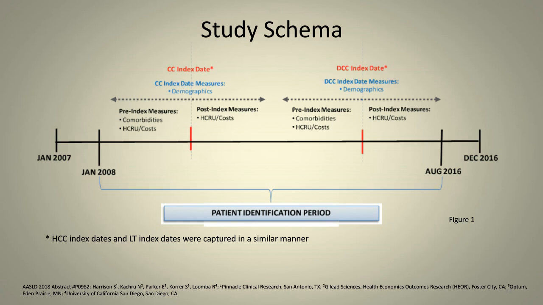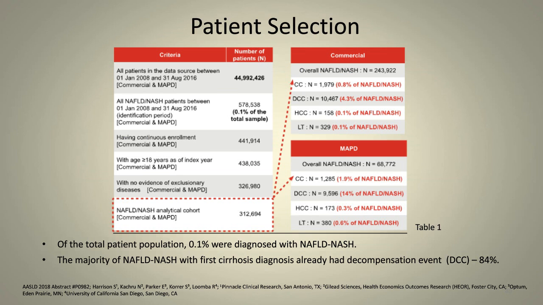So very quickly, again, of those 44 million Americans, if you look at those with NAFLD and NASH, whether it was commercial or Medicare Part A, or Medicare Advantage Part D, 312,000 Americans were actually diagnosed with fatty liver. Now, this is what I was alluding to on the first slide about where the diagnosis gets made in Americans. It's not so much cryptogenic. Only 0.8 of the population evaluated had cryptogenic cirrhosis, but decompensated disease is where we saw most people popping up on the claims database, a little bit of liver cancer and a little bit of liver transplantation.